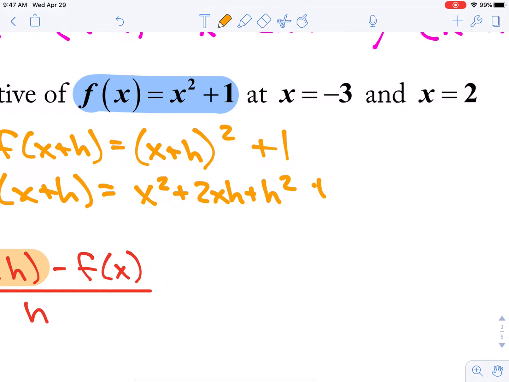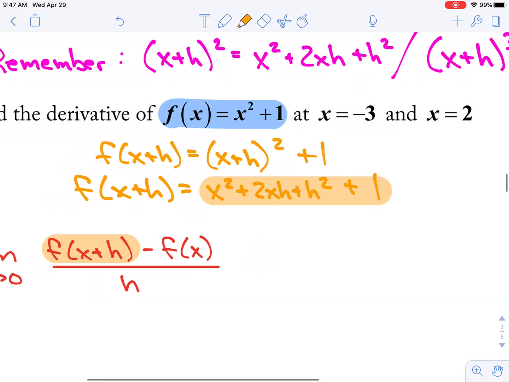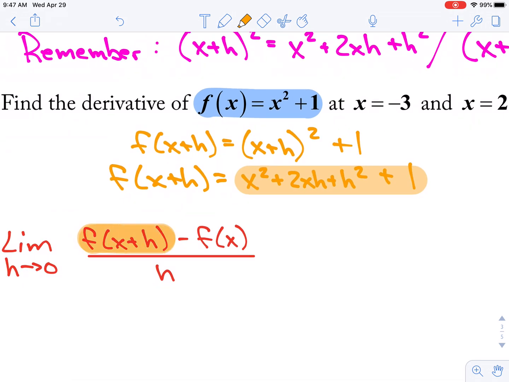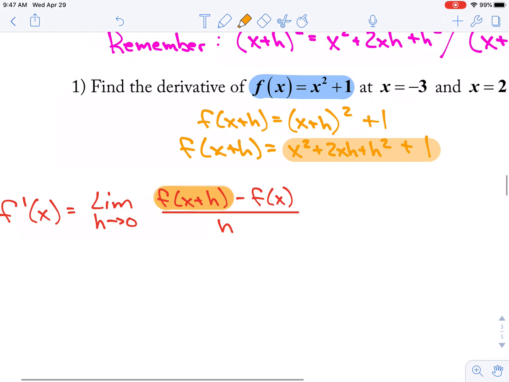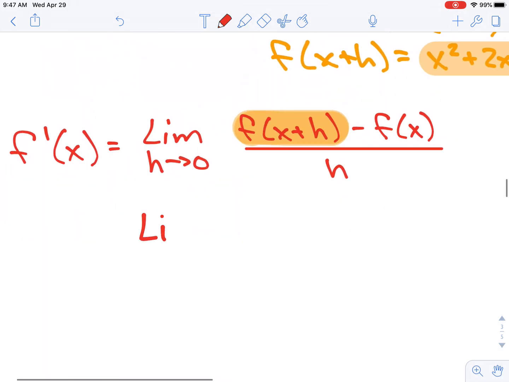Right? And then plus this 1 that comes down. So now we're going to take this function and plug it in right there in our equation. So there's our equation that we're going to plug in here. So we have the limit as h approaches 0 of,